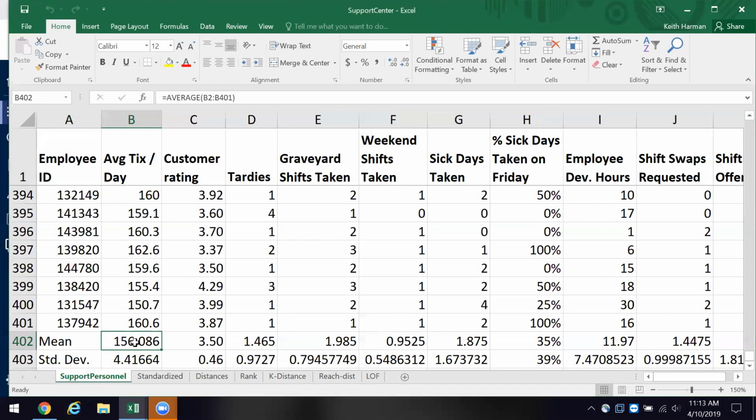Now, we have an average rating for each employee, okay? And then we also compute the standard deviation. And I want to talk about this for just a minute. It's important to understand that there are more than one types of standard deviation, okay?